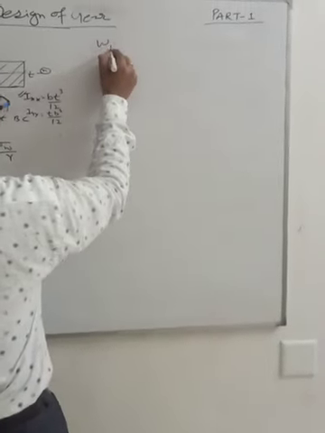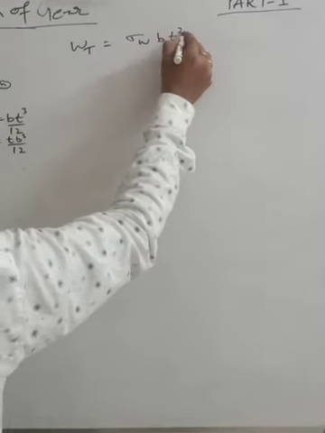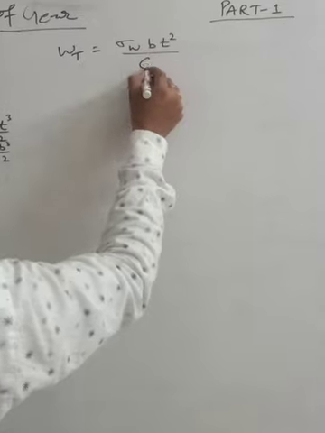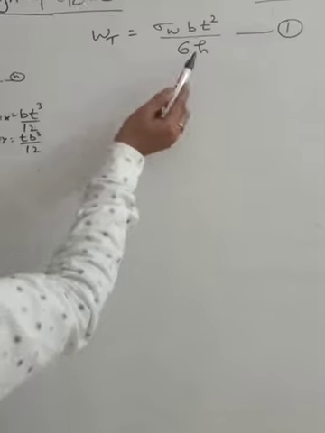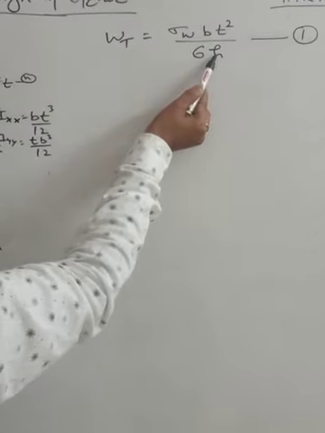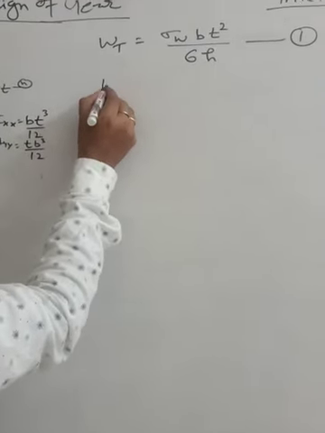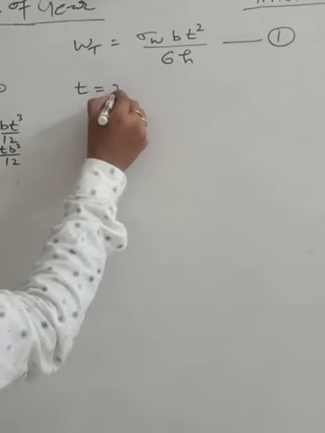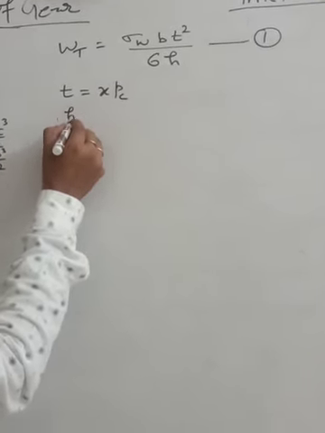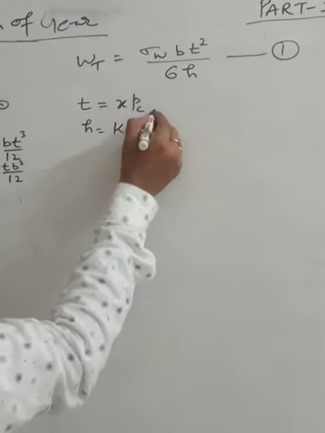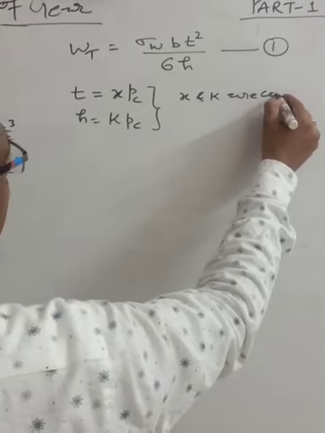Then Wt is equal to sigma w B t square divided by 6h. Equation number first. We know that the value of t and h depends on the tooth profile. Let us consider that t is equal to x into Pc, and h is equal to k into Pc, where x and k are